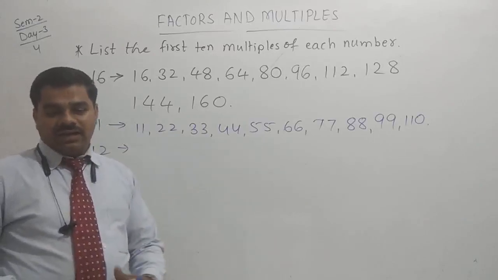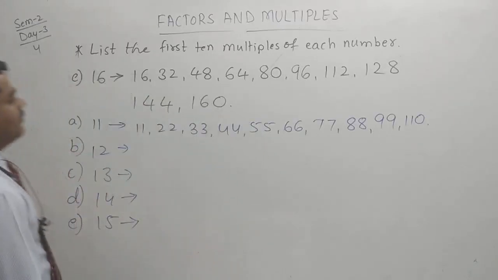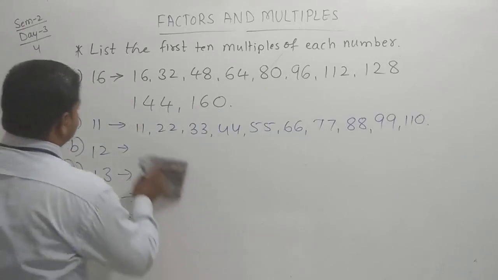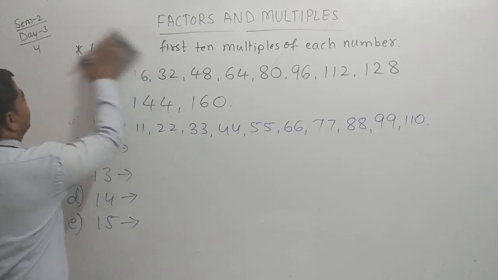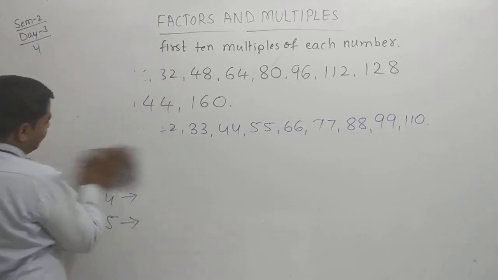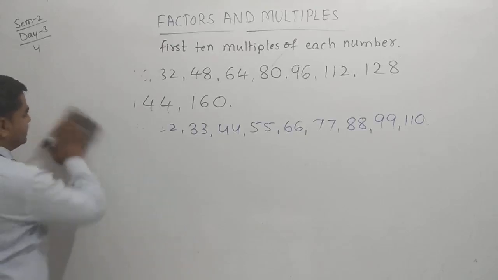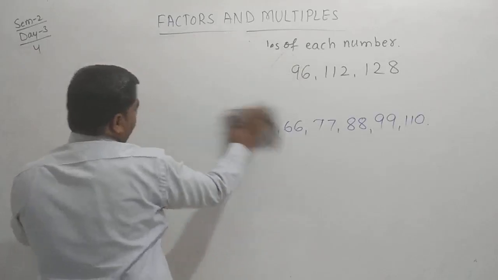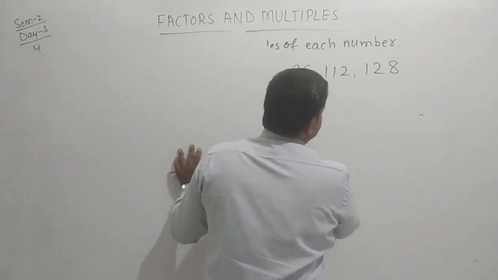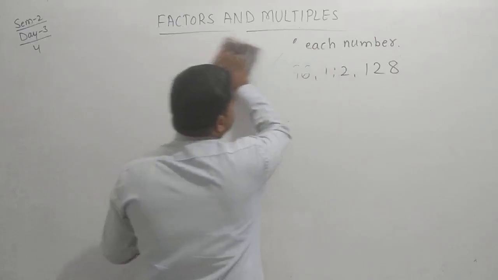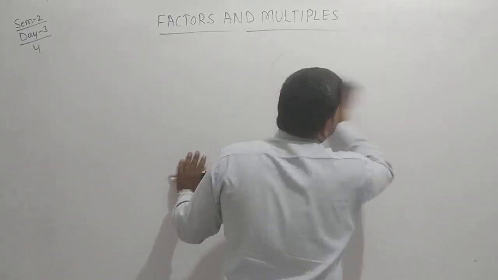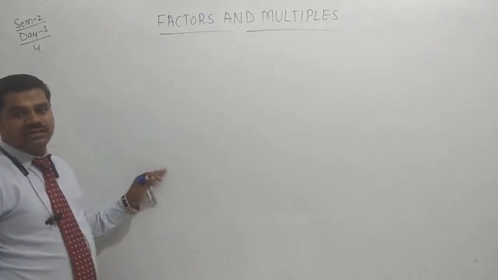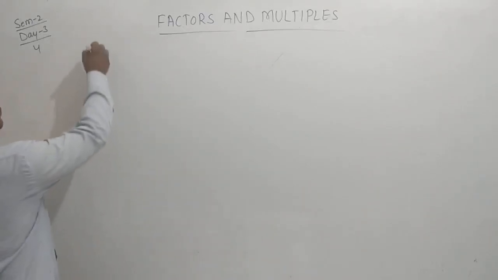Write this and next we will go for the LCM. LCM means least common multiple. As we discussed, HCF means highest common factor, or we can call it by one more name, greatest common divisor, GCD. GCD means greatest common divisor. Factor means it's a divisor only. Yes or no?